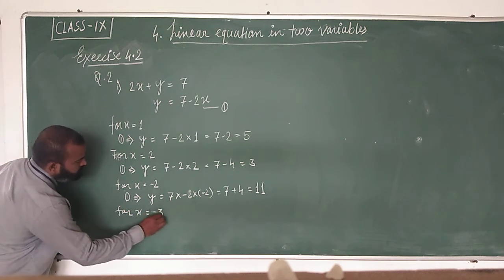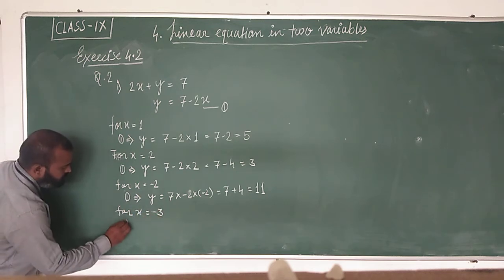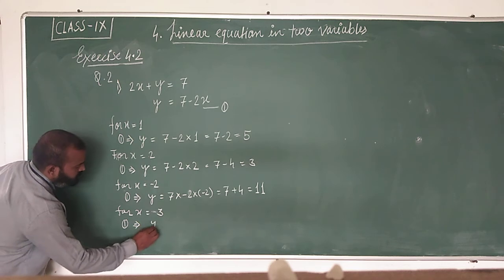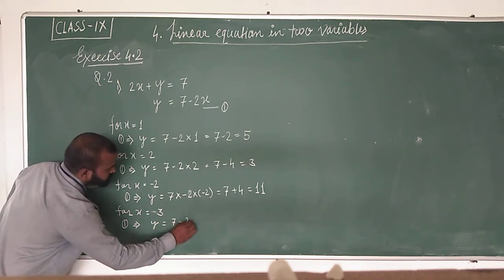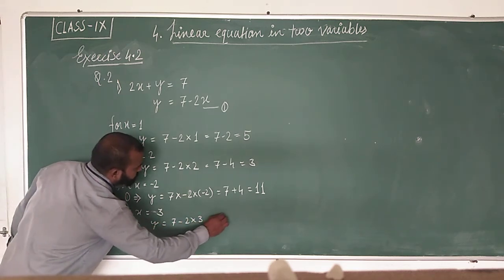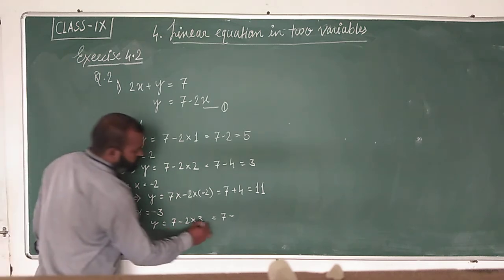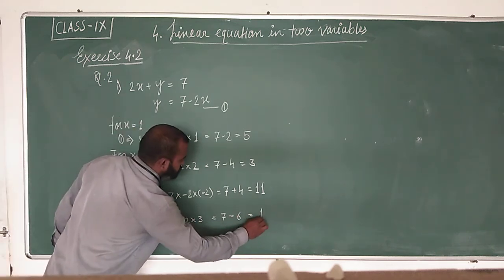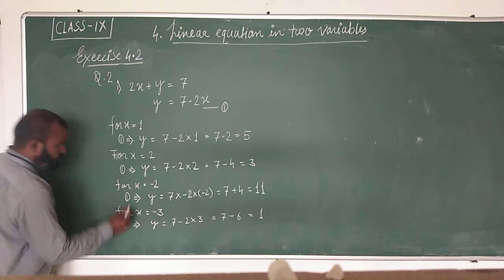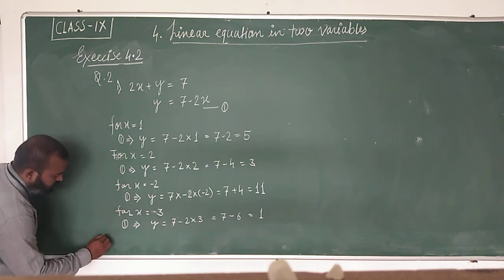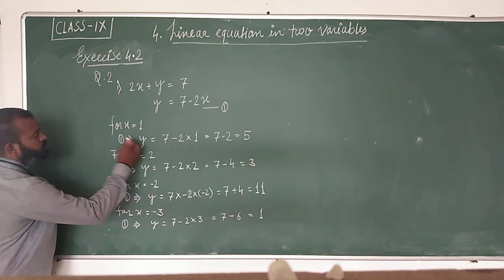Equation 1 implies y equals 7 minus 2 into 3. So 7 minus, what will it be? 2 times 3 is 6, so y equals 1. Therefore the 4 solutions will be, first one is (1, 5),